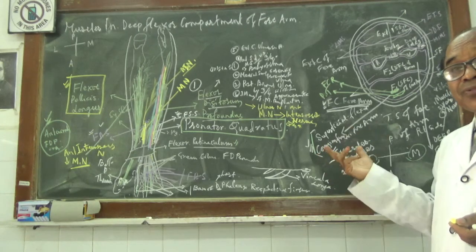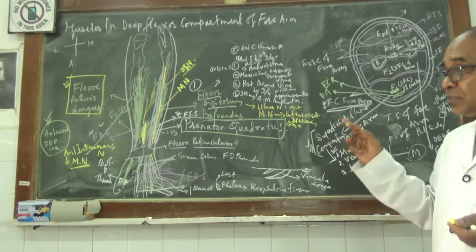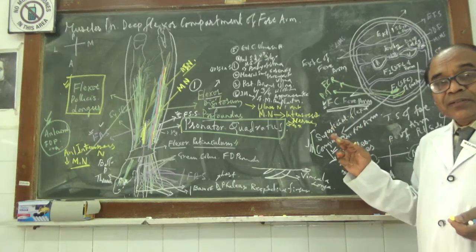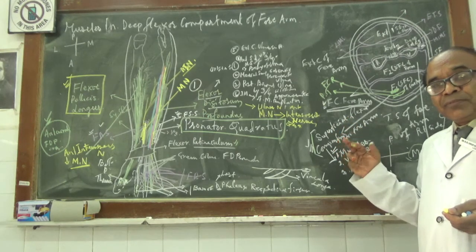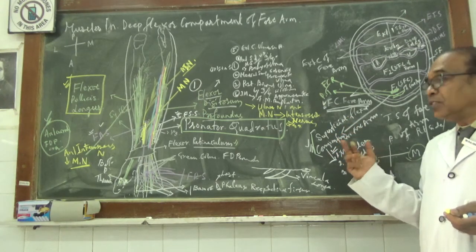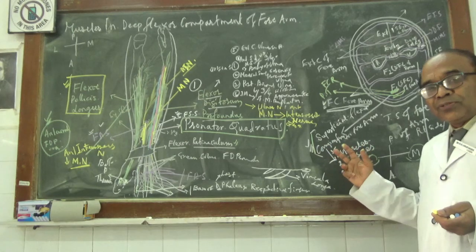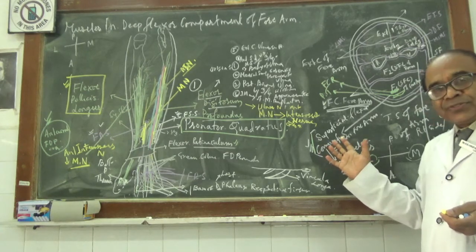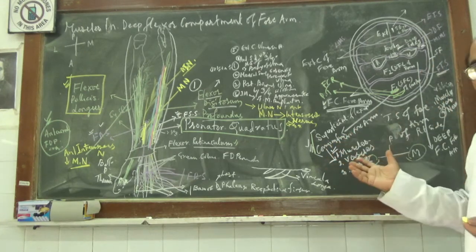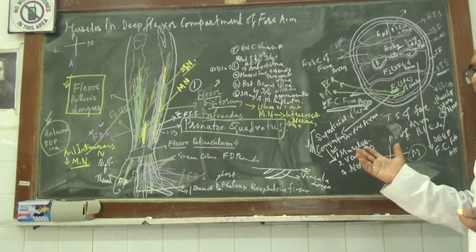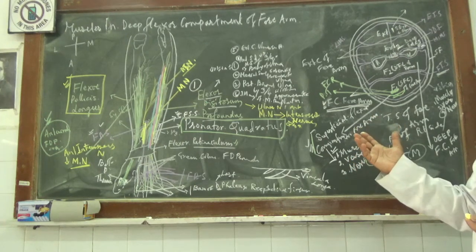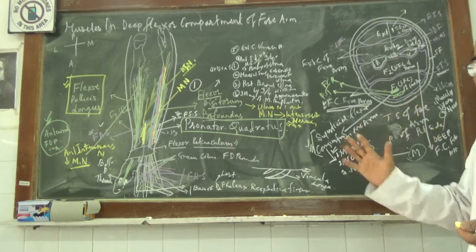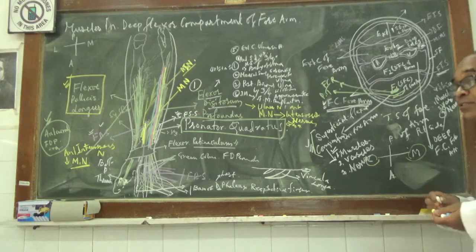they will act as flexors of the intercarpal, carpometacarpal, metacarpophalangeal and interphalangeal joints of the respective fingers. So this is overall, in total, the superficial and deep together. This is what one has to know about.